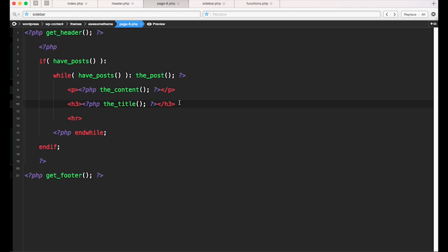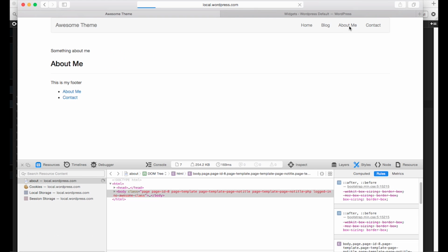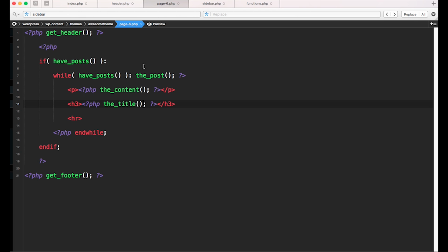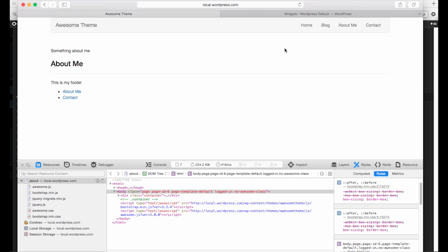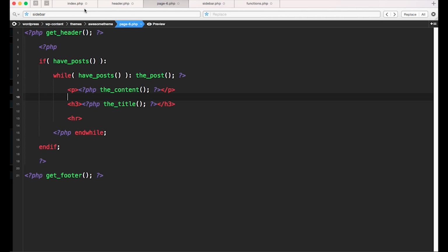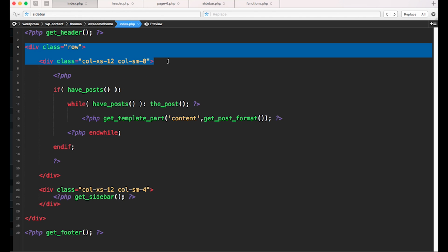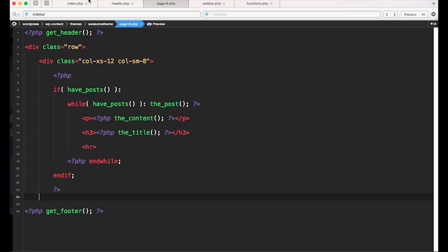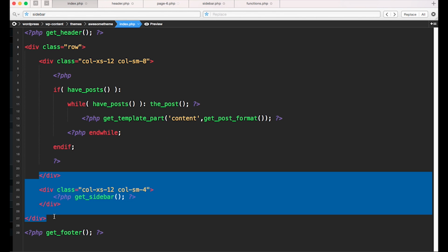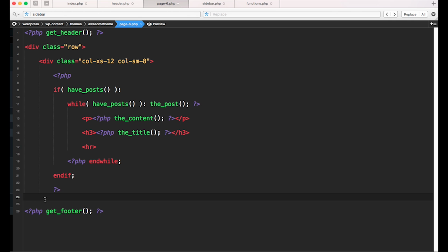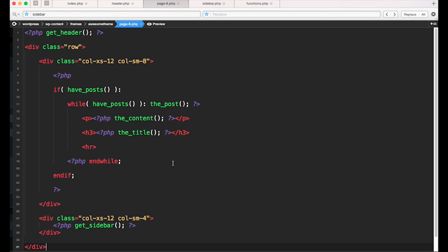that is associated to the page with ID number 6, that in my case is the About Me page, where you can see I have the content on top of the title. If I want also in this page to show the sidebar and have the same structure as the rest of the site, I have to just recreate the same markup. So just copy the markup with the sidebar, save it,